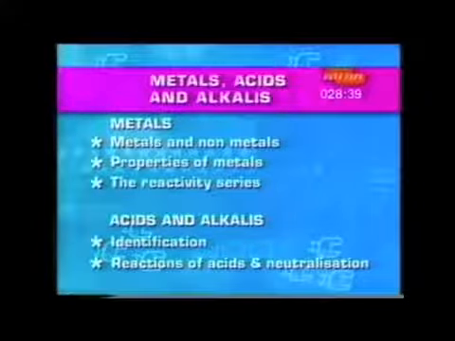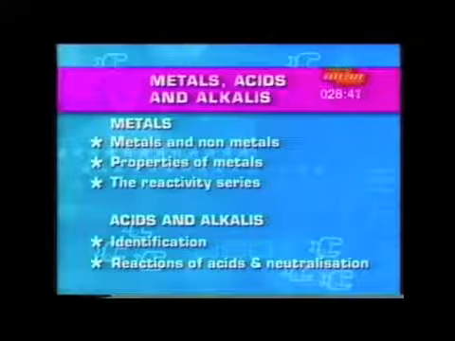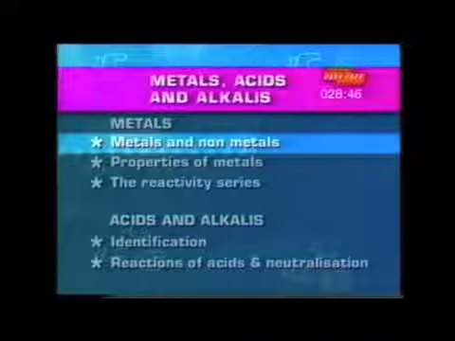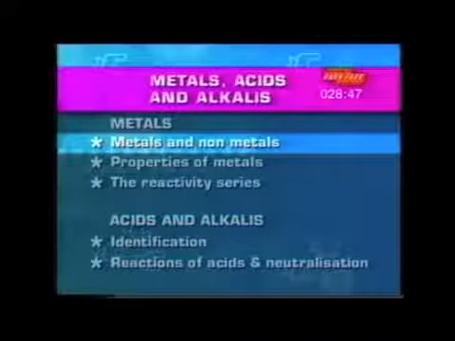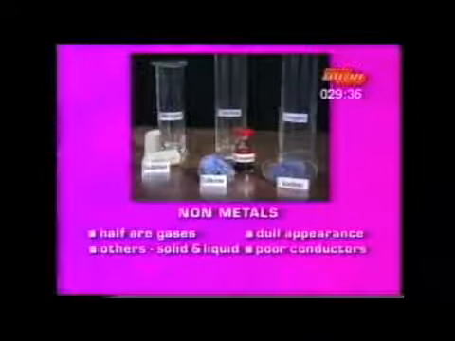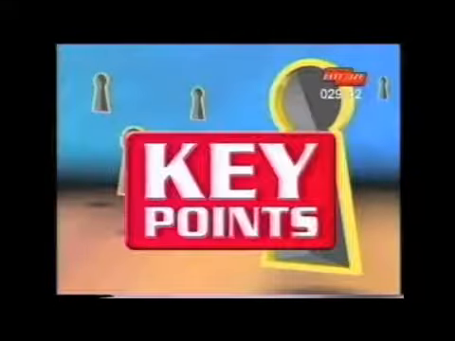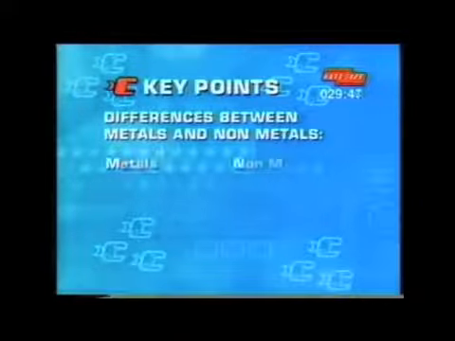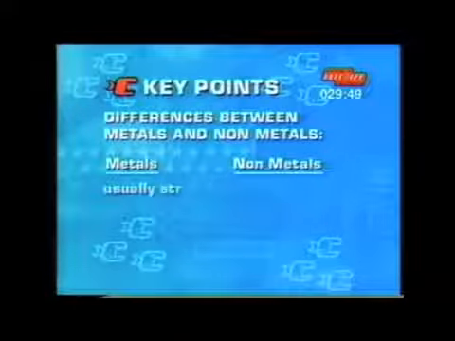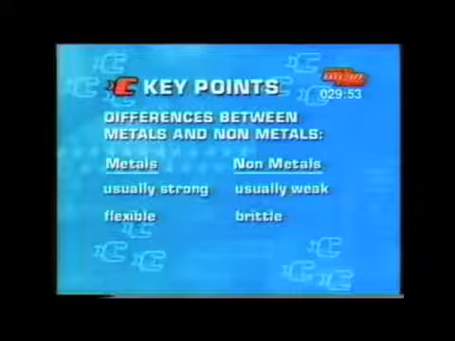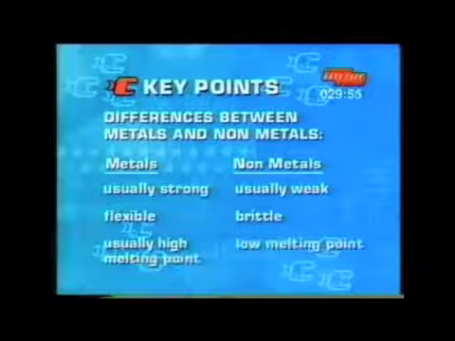This unit is split into two main sections. The first looks at metals, the second looks at acids and alkalis. Their appearance is dull, they're poor conductors of electricity, and they are never magnetic. For your test, you need to know the differences between metals and non-metals. Metals are usually strong and flexible, whereas non-metals are generally weak and break easily. Metals, apart from mercury, have high